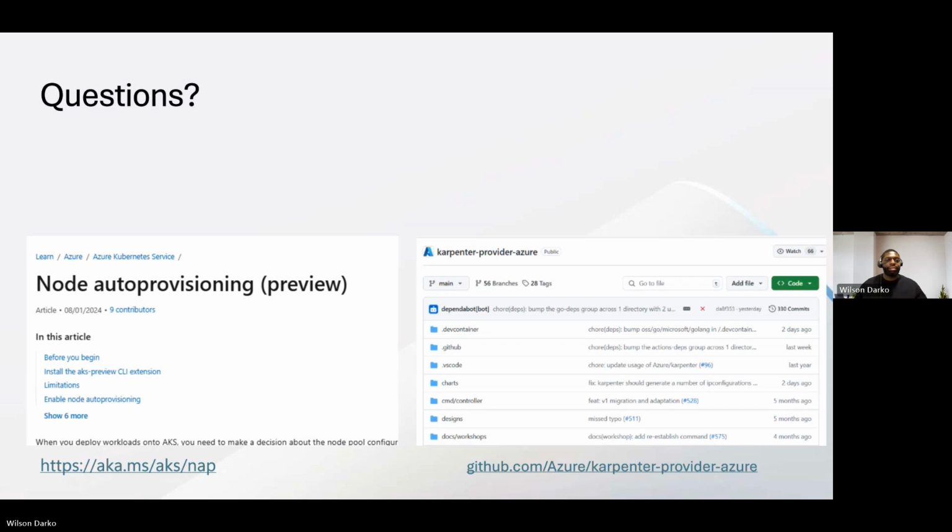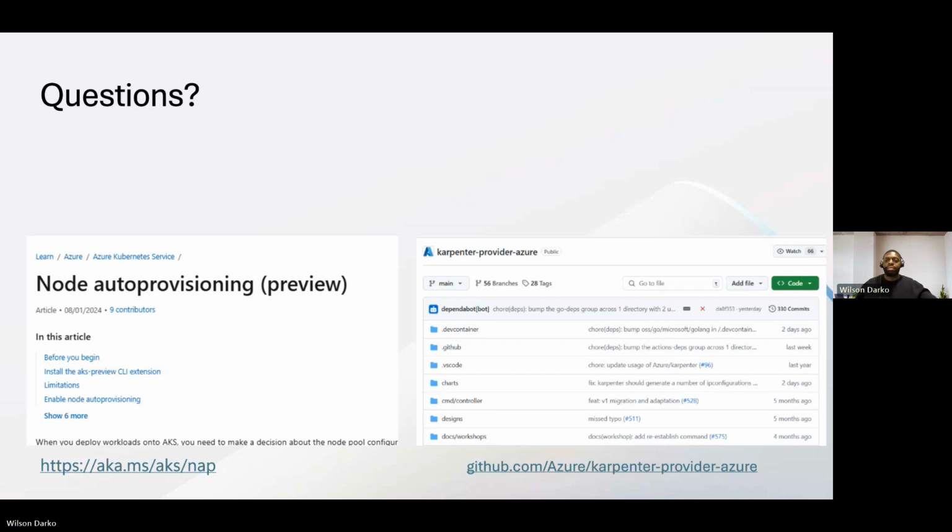Yeah, we got a couple of questions there, Wilson. Sure. It was asked, does this work for Windows nodes? As of right now, it doesn't work for Windows nodes, but as we approach a little bit after that GA timeline, we're intending to piecemeal support for more tools. So Windows support will probably come a little bit after GA. I hope that answers that question.